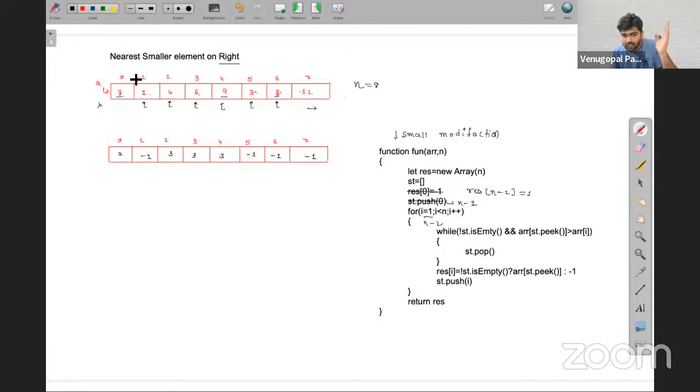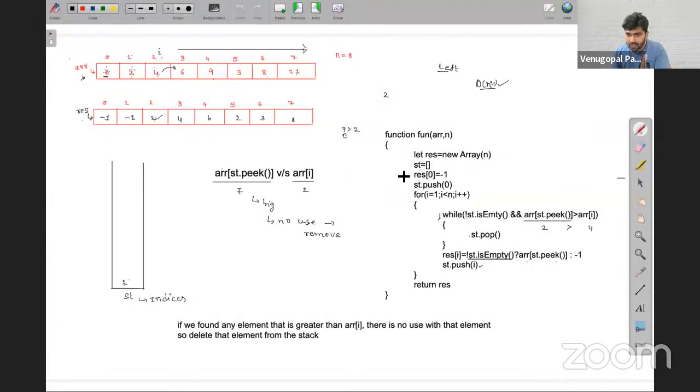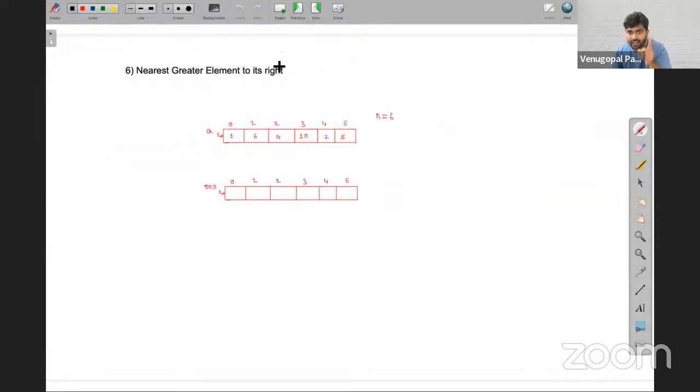Nearest smaller we have seen on the left, and right also we have seen. Of course, next is greater. Same strategy I'll apply there also, that is greater. Nearest smaller, nearest greater element: previously smaller is done. That to smaller left we have seen. Now in greater, we will see the right one, okay? So that I know I have covered both left and right also, right?